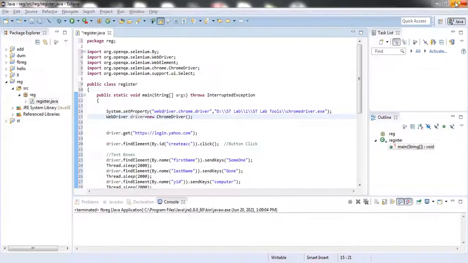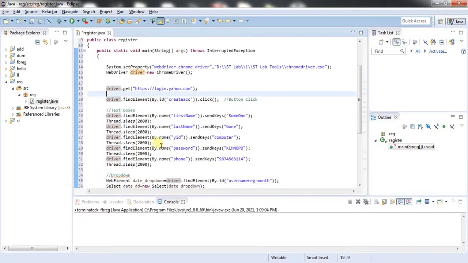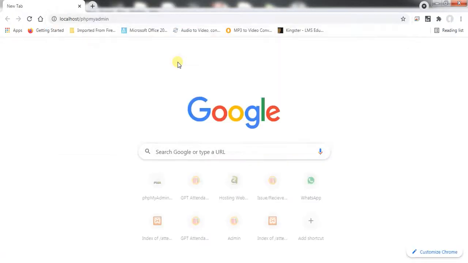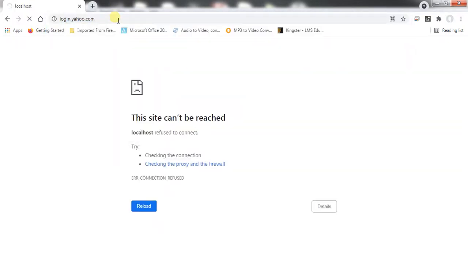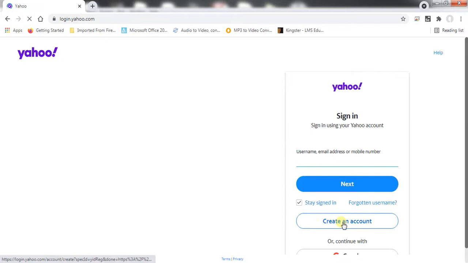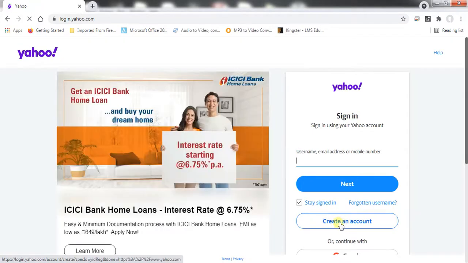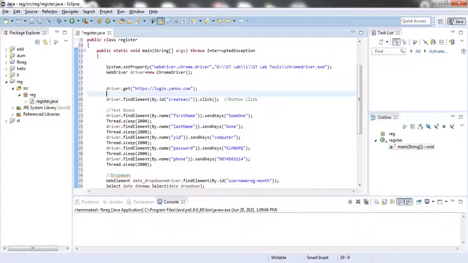Let me close this. First of all we need to click, just a second, let me open it again, sorry. First we need to click on this create an account. I have taken the ID of that button.